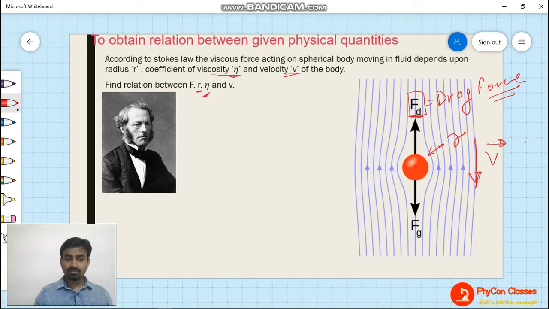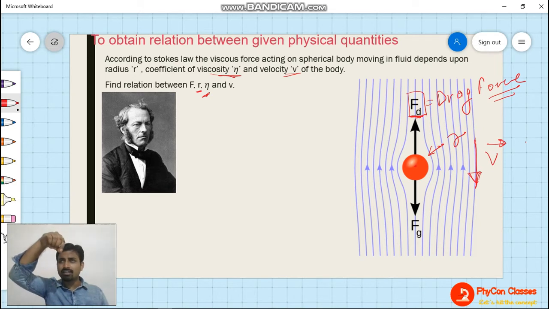Just look here: if you take any kind of ball, a steel ball or any other ball, and release it, what happens? Because of gravitation, it will start falling downwards, right? Now, it has been observed that after achieving a certain velocity, the increase in velocity stops. Understand? If you release the ball, the velocity at the top is 0. Slowly the velocity will increase, but that increment will stop at a point, and that is happening because of the drag force.